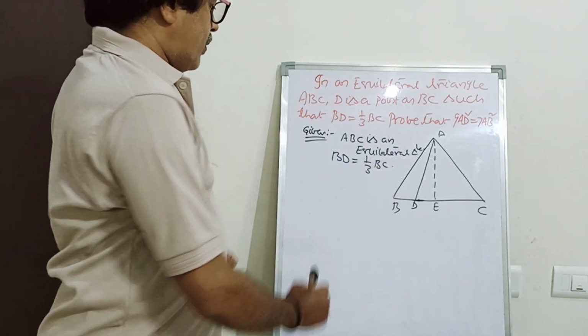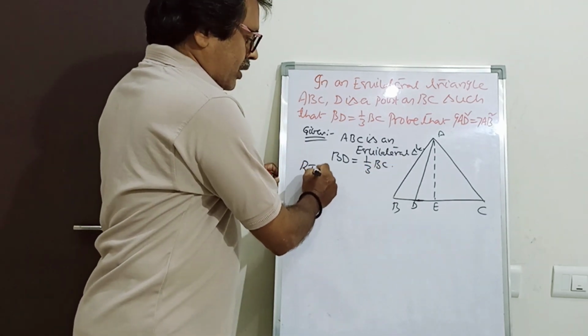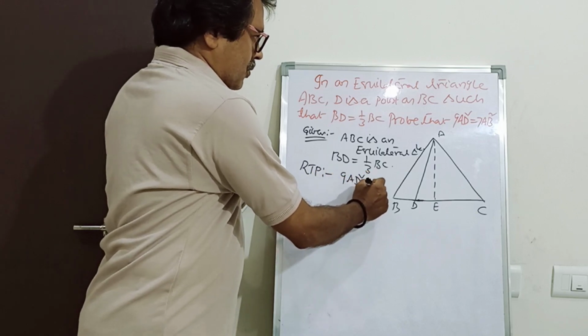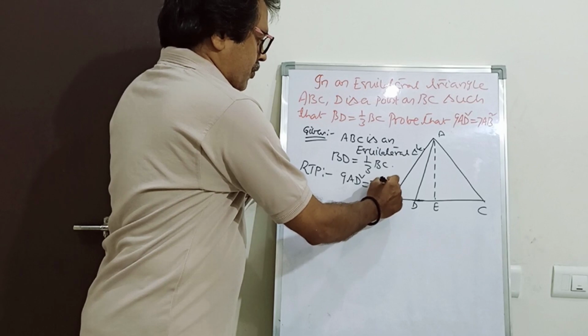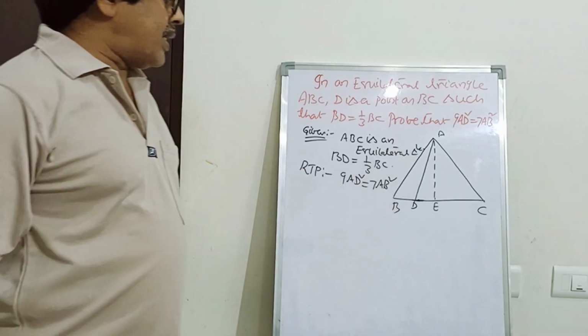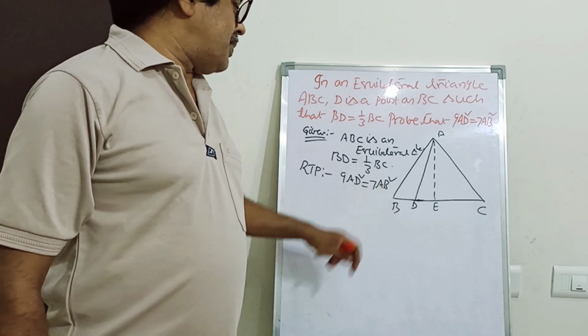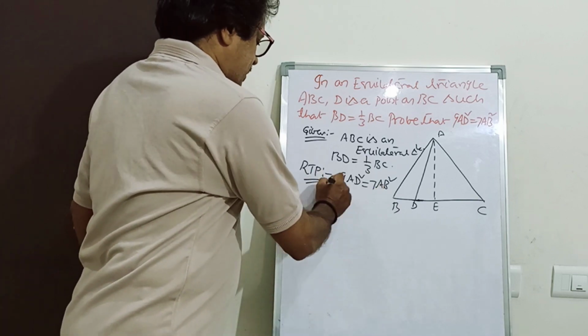BD is equal to 1 by 3 BC. What is required to be proved here? 9AD square is equal to 7AB square. When we observe this result, you have to bring all these steps in terms of AB. So for that purpose,